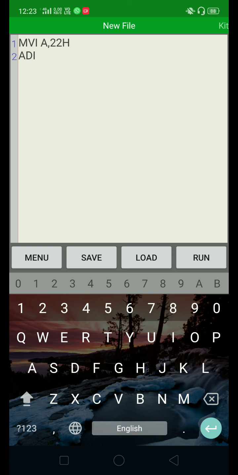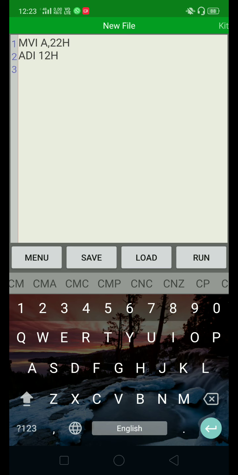Suppose 12 hex. So the next instruction is ADI 12 hex. Enter. If you want to copy this result in another register, you can copy.